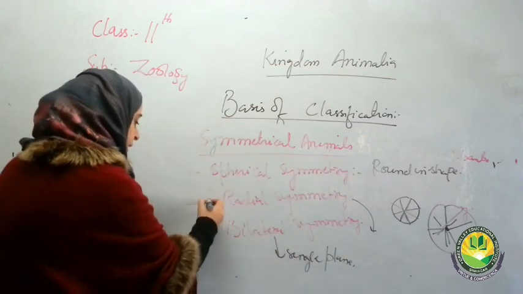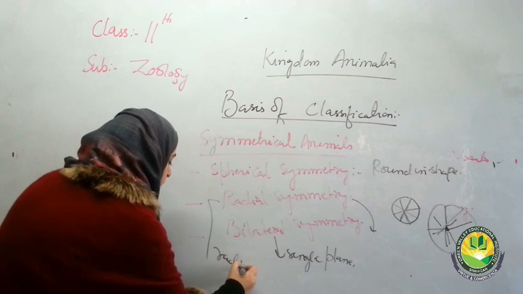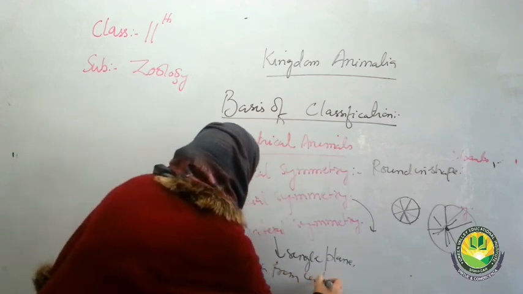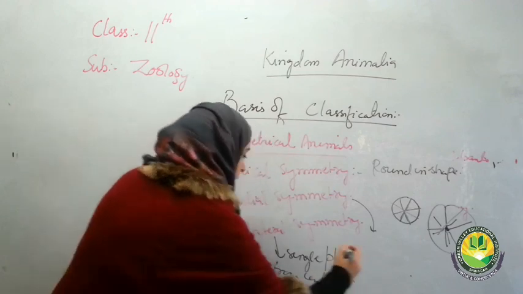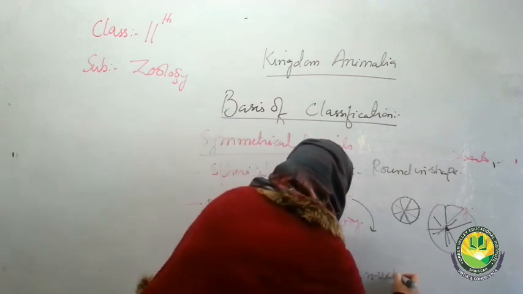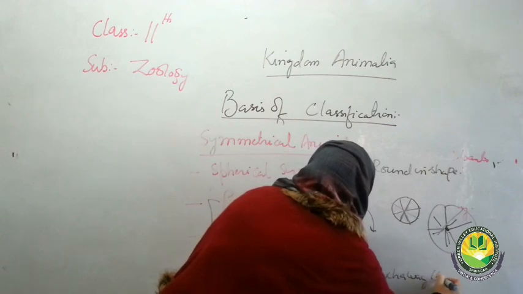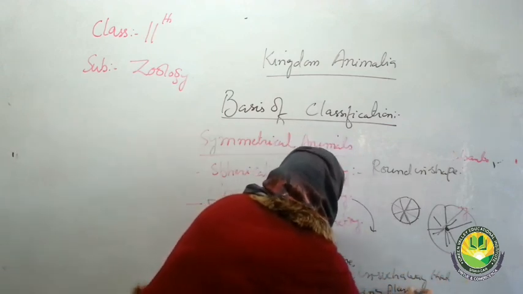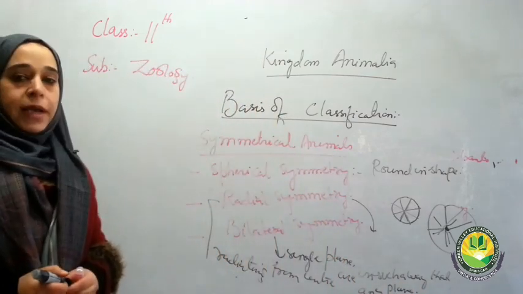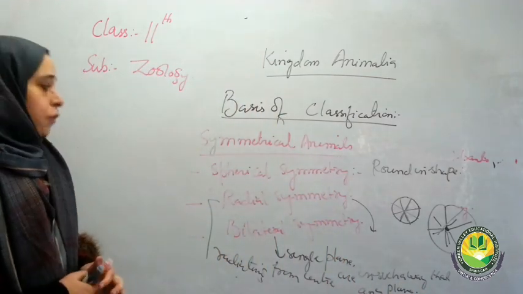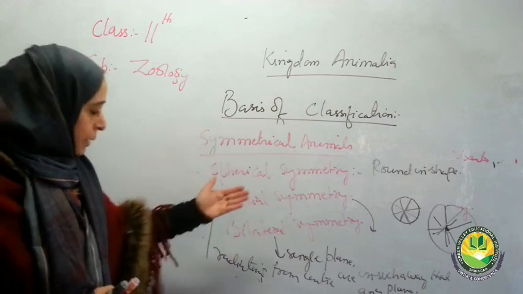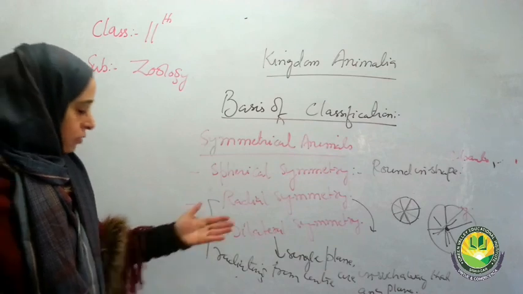Here the shape is spherical, but here the portions radiating from the center are in such a way that any plane divides them into two equal halves. That means we will be able to see the animals, some possessing spherical symmetry, some possessing radial symmetry, and some possessing